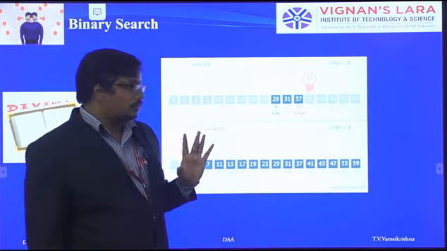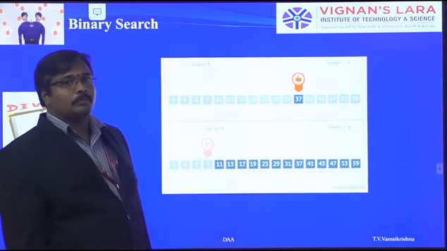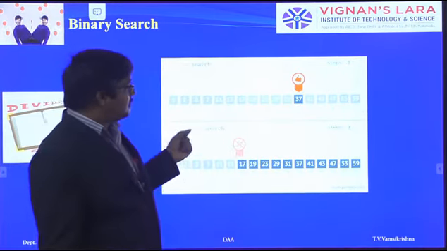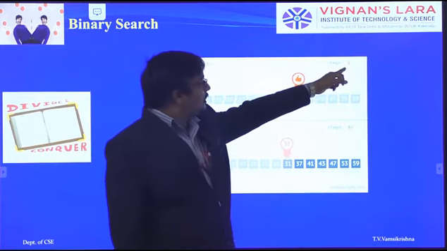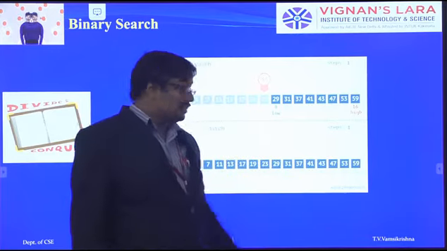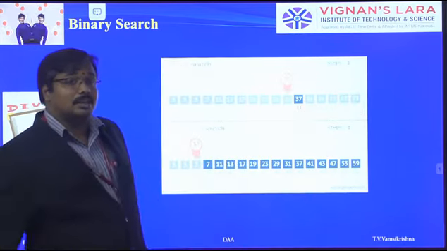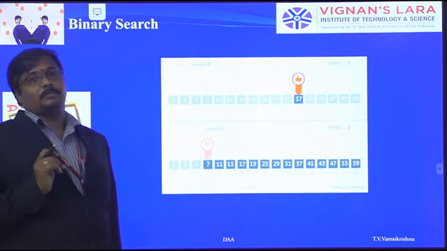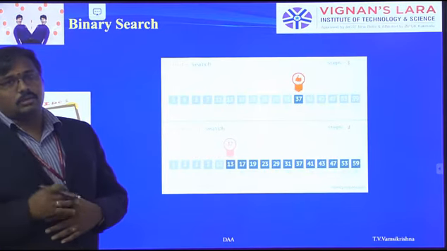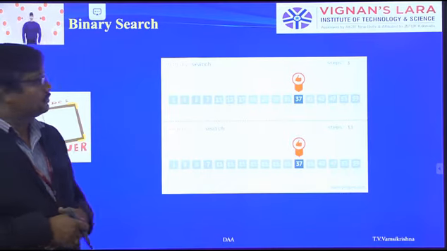Means computation is over. But in case of sequential search, it takes more number of steps. Why? Because it compares each and every element. But here, with only 3 steps, the task is over. Here, definitely the 37 is in the 11th position, so 11 comparisons are required. 11 steps are required. So the complexity of linear search is higher than binary search.